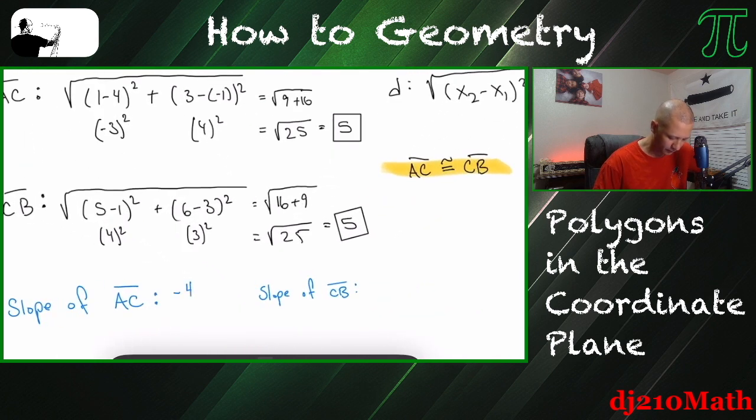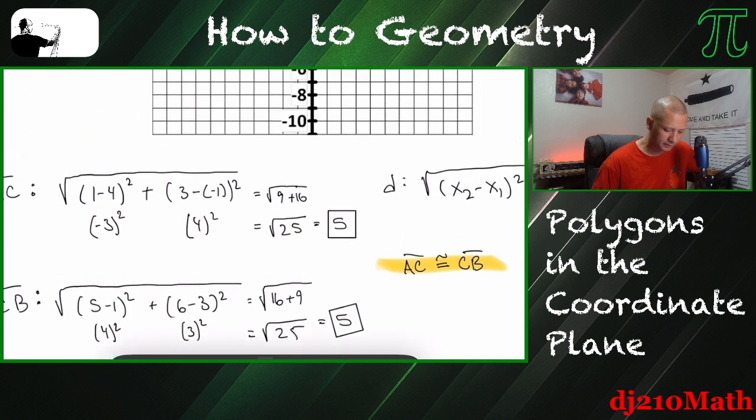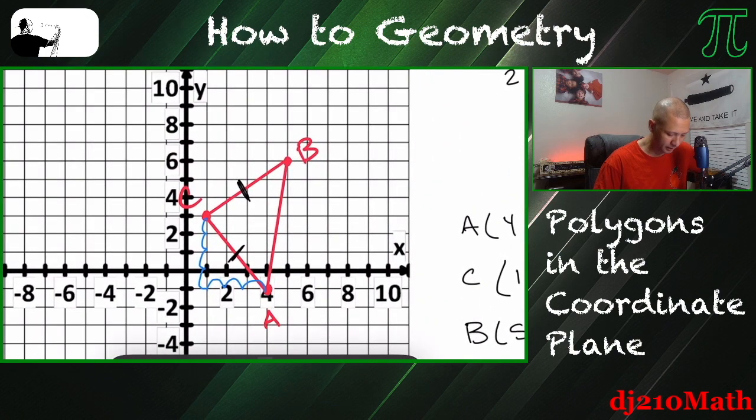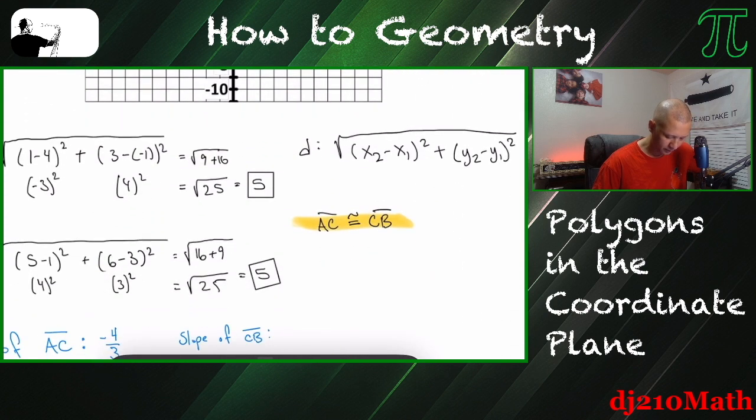So down 4 over 3, so negative 3/4. CB, again, I'm starting at C and I'm counting up, so positive 1, 2, 3, and then to the right 1, 2, 3, 4. So 3 over 4. Positive